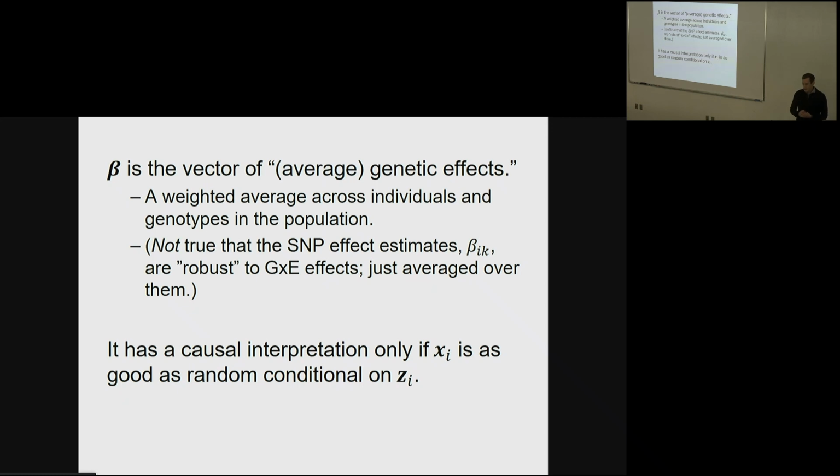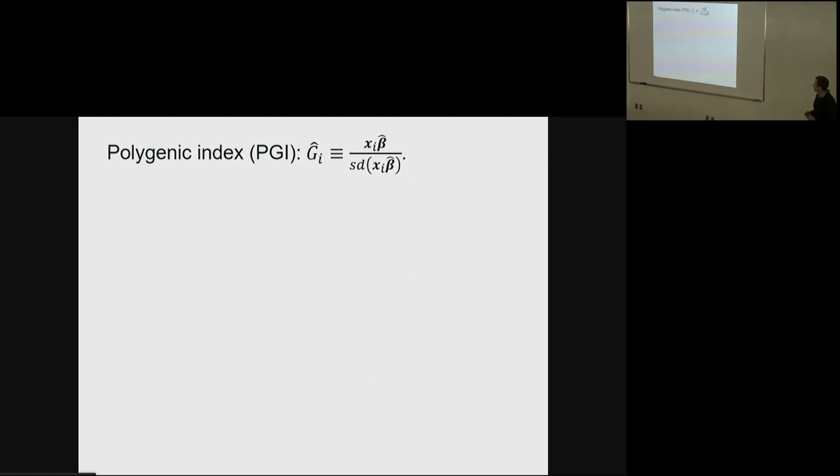The beta, like the additive SNP factor, has a causal interpretation as causal effects only if the genotype vector is as good as random conditional on the control variables. Okay, so now